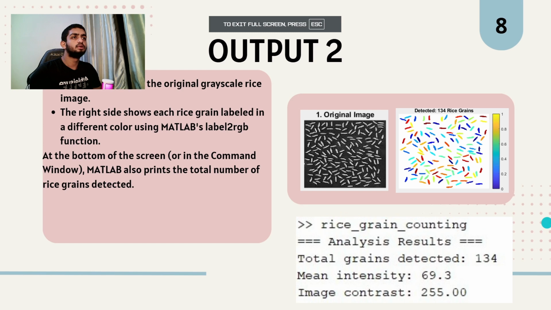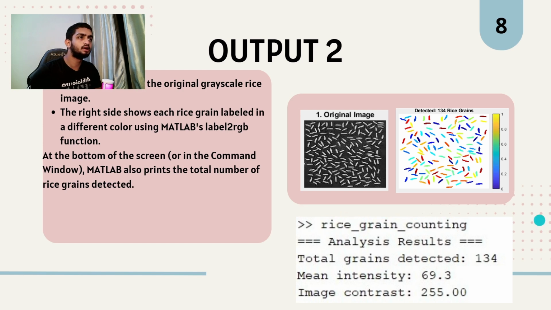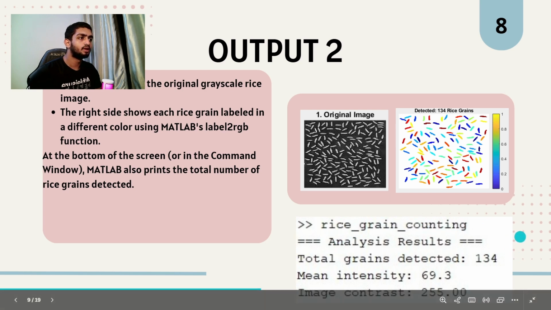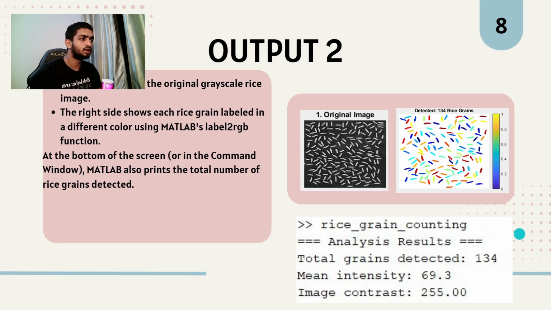For the output, the left side shows the original grayscale rice image. The right side shows each rice grain labeled in a different color using MATLAB's label2rgb function. At the bottom of the screen, in the command window, MATLAB also prints the total number of rice grains detected. From the sample output, we can see MATLAB says that rice grains are being counted, and then it will produce the analyzed result. For example, in this one, it shows total grains detected 134, mean intensity is 69.3, and the image contrast is